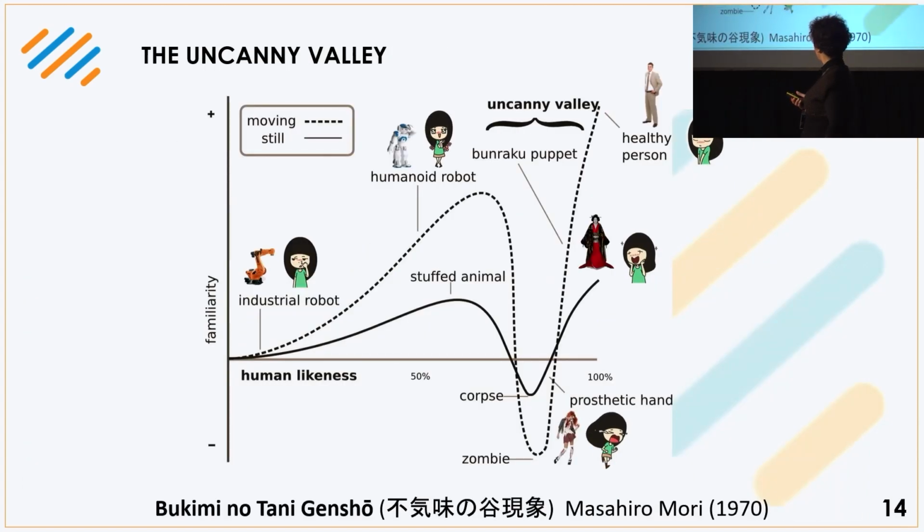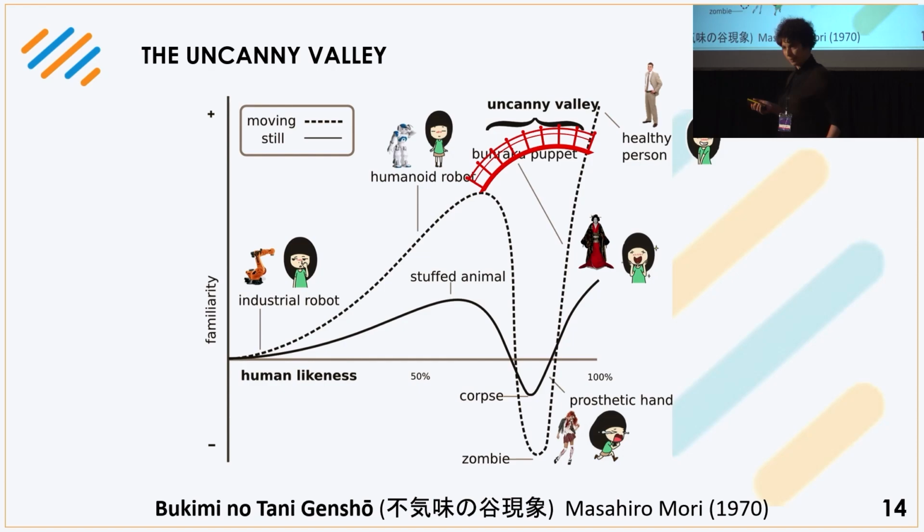So the problem is that we basically were falling inside the uncanny valley. I think many of you know what the uncanny valley is, but the basic concept is that the more something seems like a human, the more we like it, until it actually really looks like a human, but it's slightly off, and so we have a very strong aversive reaction and a very deep sense of discomfort. And so for us, it's quite difficult, until now, to cross this bridge and actually have a very natural emotional interaction with robots.